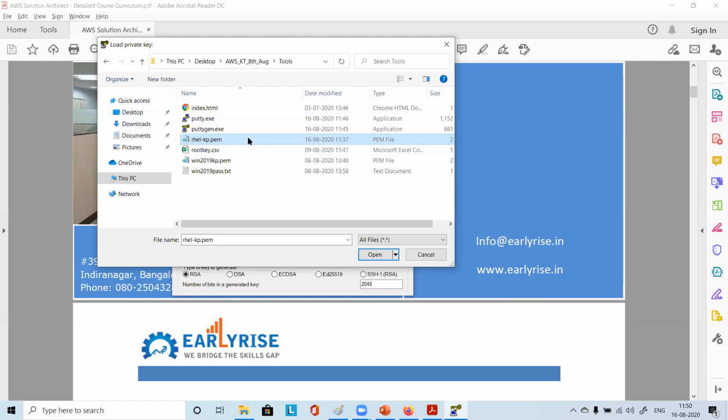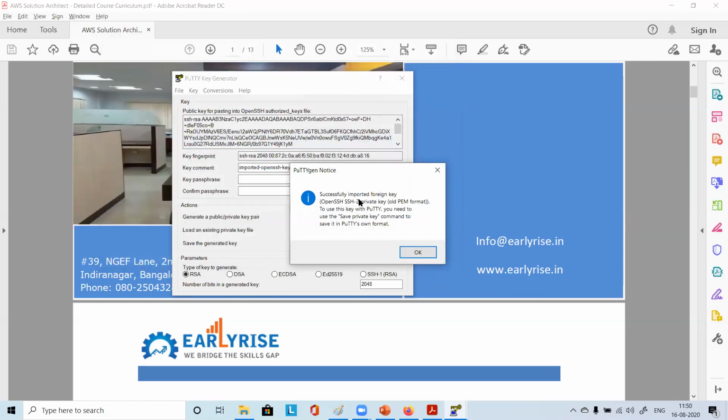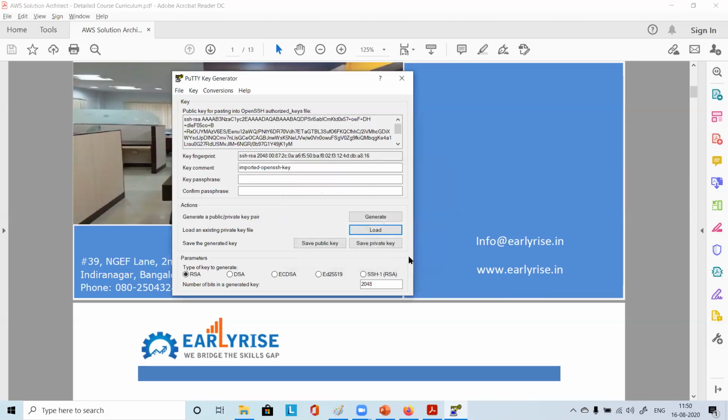Okay, so for all others, you are choosing that PEM. You are loading it, right? Just double click. It says successfully imported foreign key, OpenSSH SSH2 private key, old PEM format. To use this key with Putty, you need to use the save private key command to save it in Putty's own format, that is PPK, right? PPK means Putty private key. So say OK. Now we clicked on load and we got the same .pem content here, which has come from the